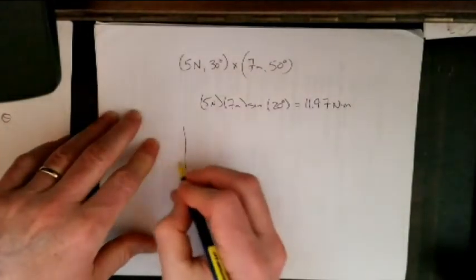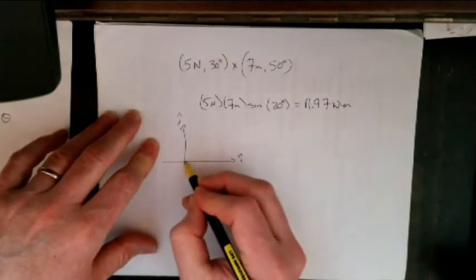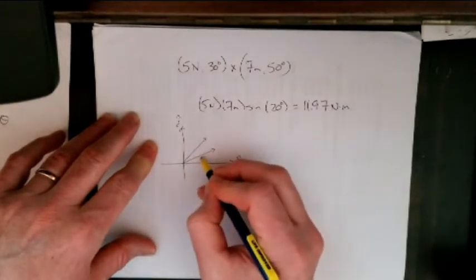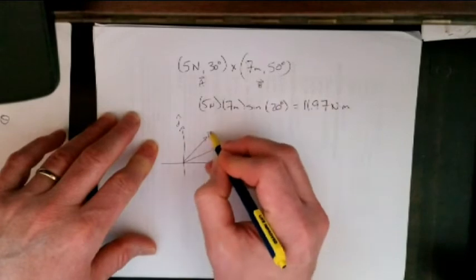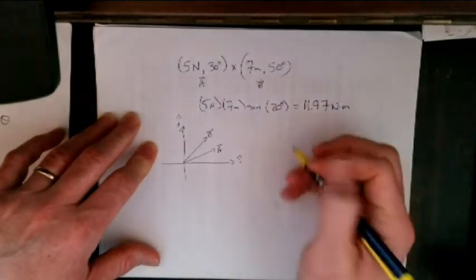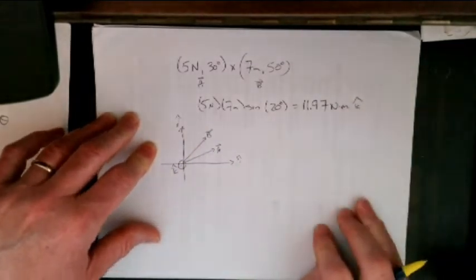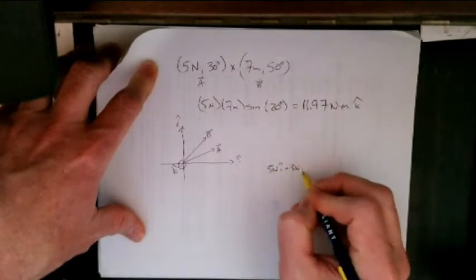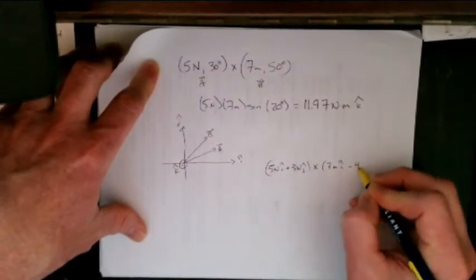The direction, well, we need to sort of write it out. Let's establish that as my I hat and J hat directions. So I have 5 newtons at 30 degrees and 7 meters at 50 degrees. If that's A and B, then A cross B, going from the first one to the second one, is going up. And so if I, J, K is coming out at us, this would be in the K hat direction. If we were given rectangular form, so if I have 5 newtons I hat plus 3 newtons J hat, cross 7 meters I hat minus 4 meters J hat,